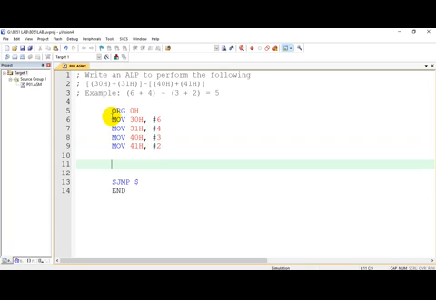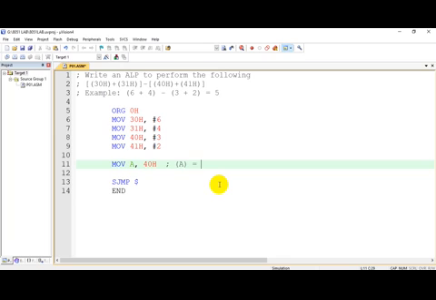If you remember the add instruction, one of the operands should always be in accumulator. So first let us add 40H plus 41H. One of the operand data you copy to accumulator. So I will copy the contents of 40H into accumulator.